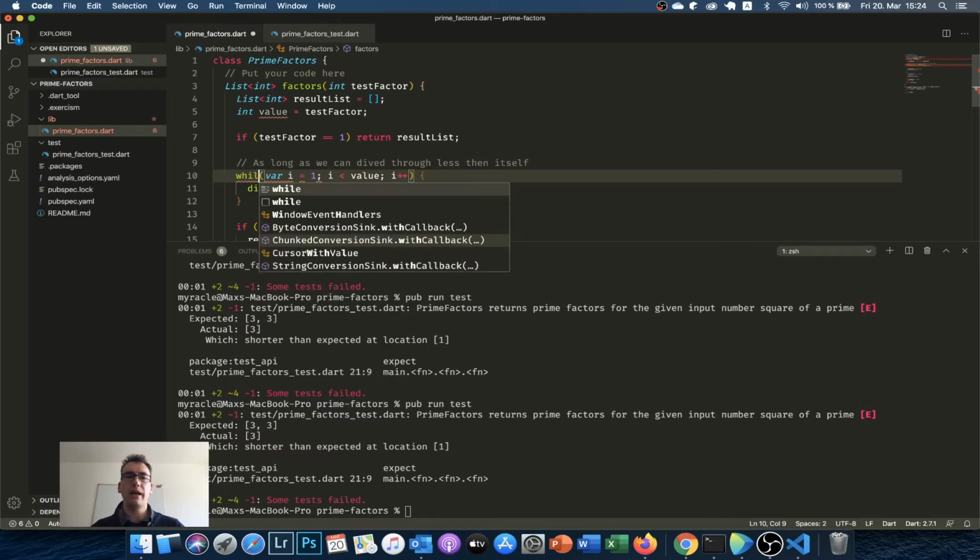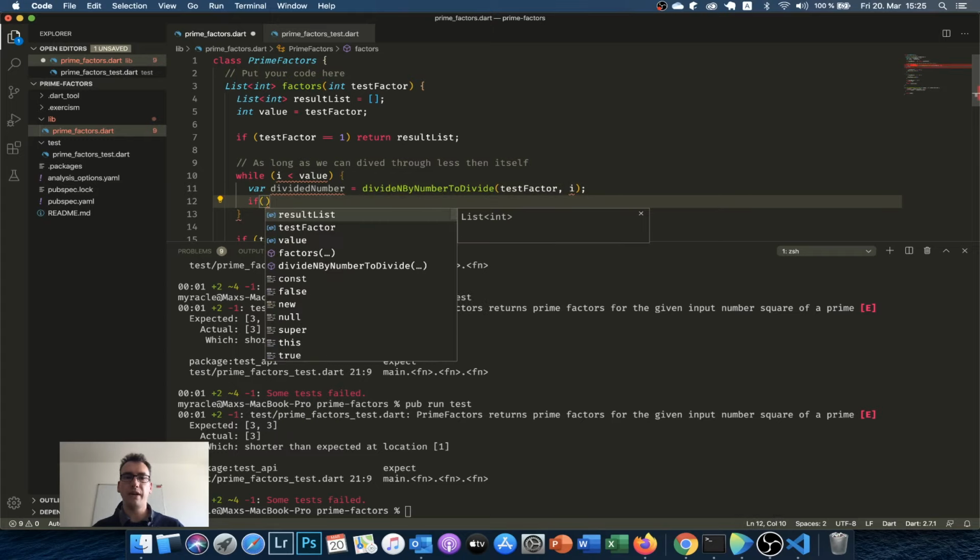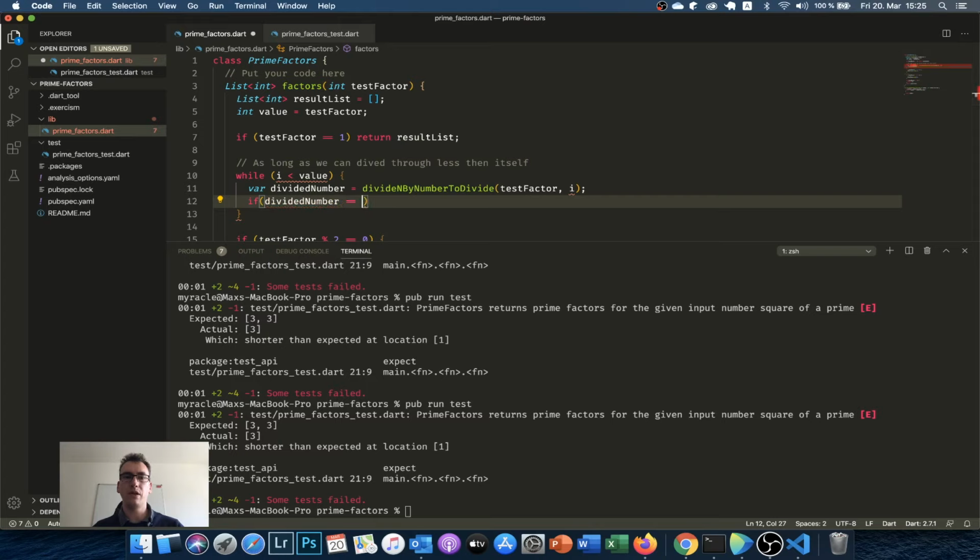We say while this is working, we don't set this value because we have to change that multiple times. So we have our value, that is the one that we're coming with, and then we divide by the number, and we have to set I back to 1 if we get a number. Is that right? So if we have here a new divided number, and if divided number is equal to the value,